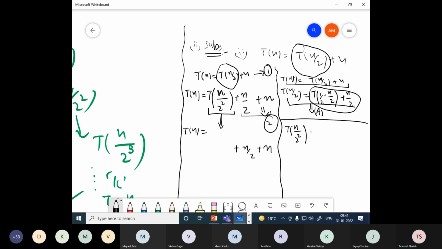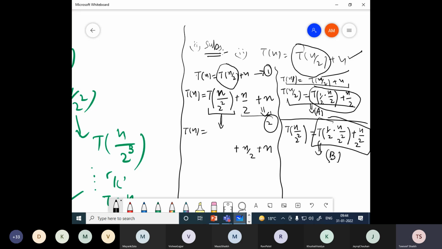T of n divided by 2 square, again we will revert back to the original equation. T of 1 will be taken as a multiplier, and in place of n, it will be n divided by 2 square, plus the original equation has n, which will be n by 2 square after substituting in place of n. Denoting this equation by equation number B,